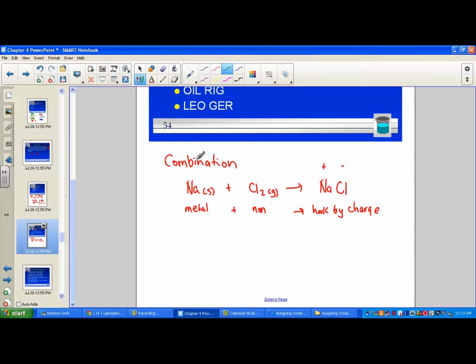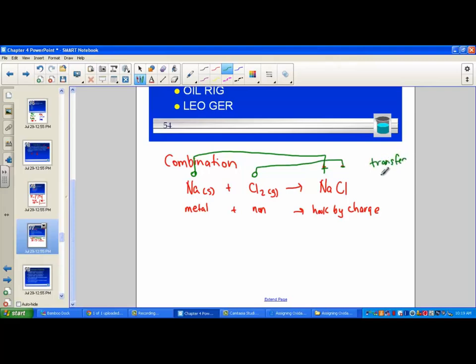Now remember, when we studied the 6 rules for assigning oxidation states, any element in its natural form, such as sodium, has an oxidation state of 0. Chlorine, found in its elemental form as a molecule, has an oxidation state of 0. Now when they hook together, notice how they're carrying a charge. The oxidation number of sodium is +1, and the oxidation number of chloride is -1. Sodium changed charge. It started as a 0 and became more positive. Chlorine went from a 0 and became more negative. We've had a transfer of